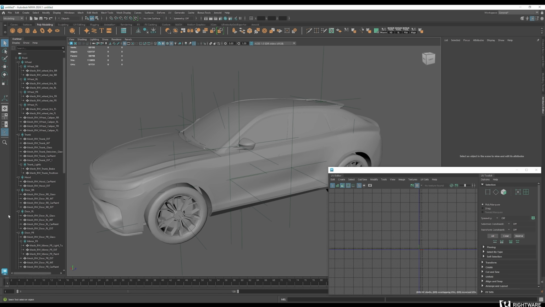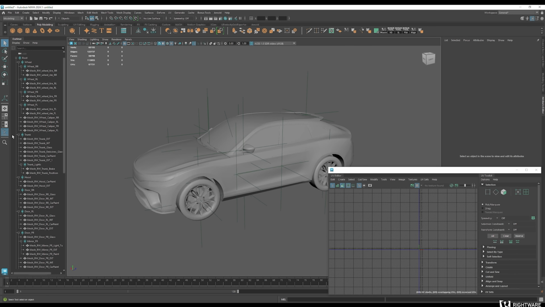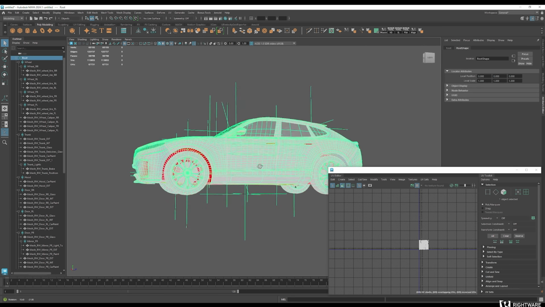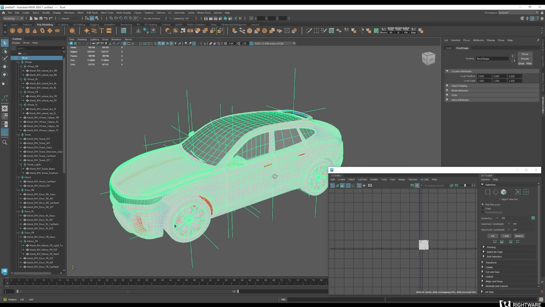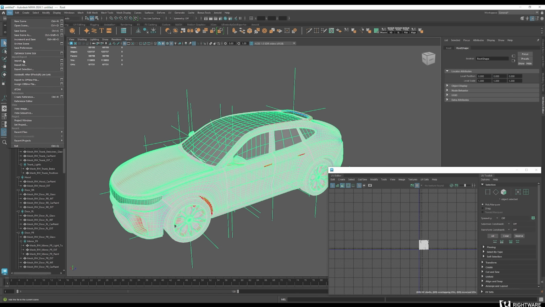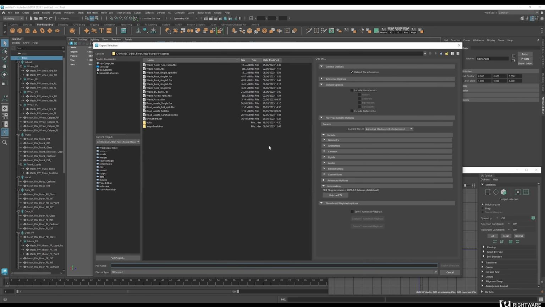Okay, so now coming to the final export. Again, check if everything is correct on your side inside of your model, and once you're sure that you can export, you would select your root node, and in Maya it's like export selection, and here I can just export this to my desktop for now,